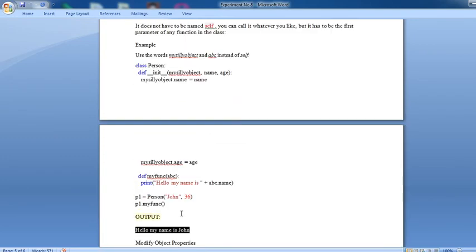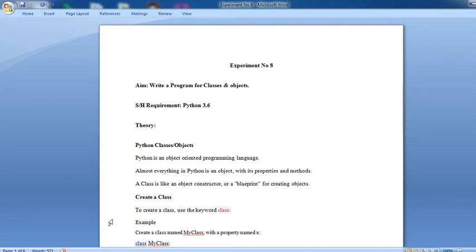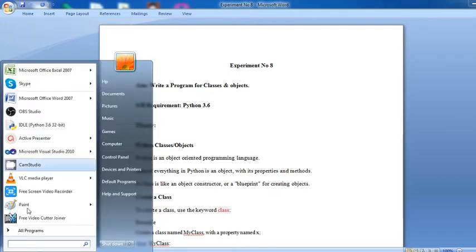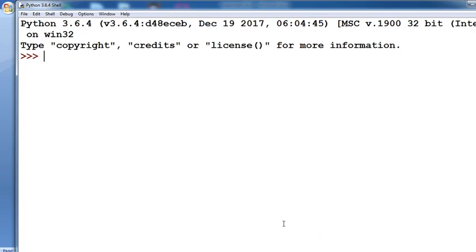Now we will see a program on how to use classes and objects. Open your Python, whatever is available in your system; here it is IDLE, Python 3.6.2. Go to File, then New File, then start writing the program. First we define the class: class Person, then colon.